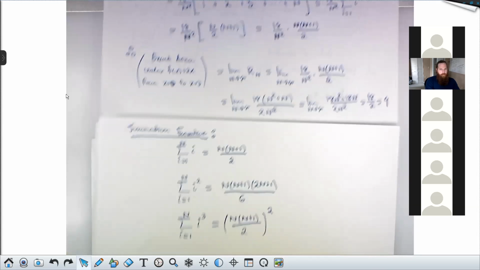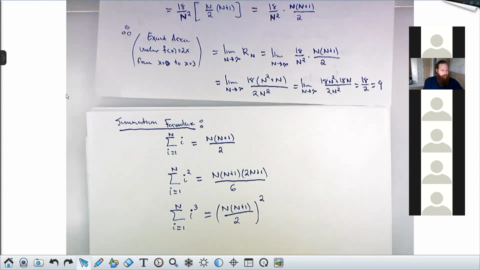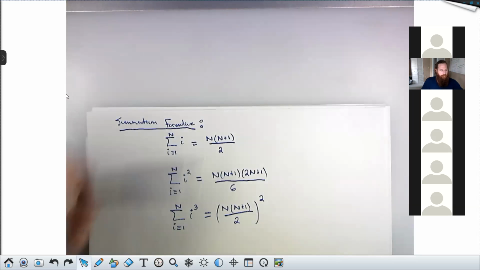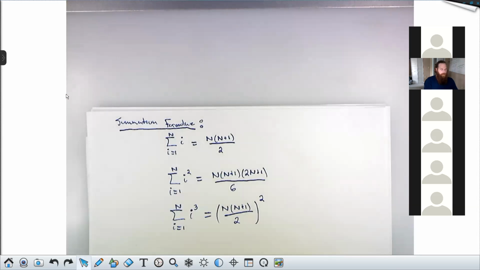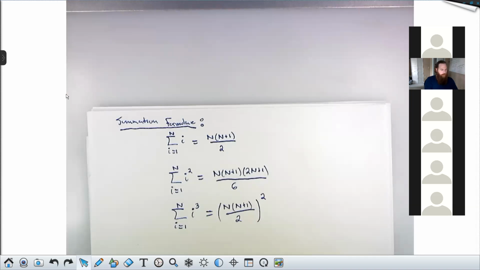So these you will need when we go to compute Riemann sums, because your goal is going to be to get your Riemann sum into some stuff times one of these, and then you'll replace whatever these guys are by their equivalents, and that will get you to a spot where you can take limits. So I would like to do one more example, and I think we have time for just one more.